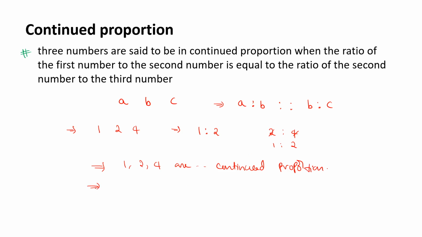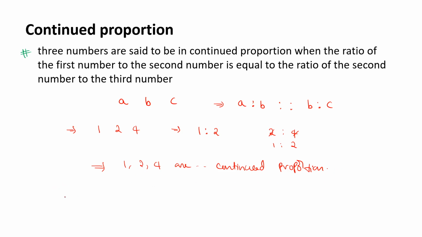Sometimes when we are solving the progression chapter, we can say this is a geometric progression. Okay, that's a different task, and we can discuss geometric progression or arithmetic progression in the progressions chapter when we are solving the pure math chapters. Just take this in the ratio proportion, take this series as a continued proportion. We can say 1, 2, 4 are in a continued proportion.